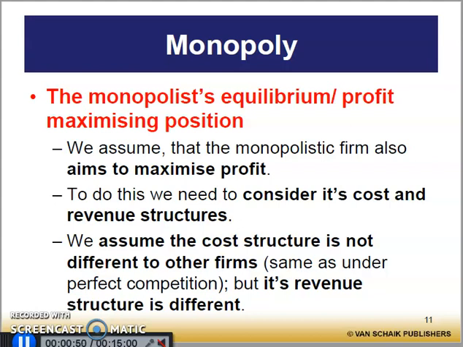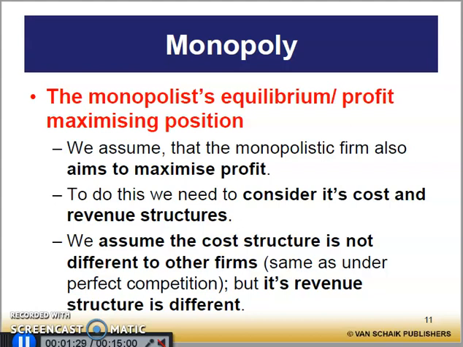i.e., like any other firm, a monopolistic firm should produce where marginal revenue equals marginal cost, and this is the profit maximizing rule. So provided that average revenue is greater than minimum average variable cost in the short run, or average cost in the long run. That's the shutdown rule. So for the moment, we also assume that the monopolistic firm is subject to the same